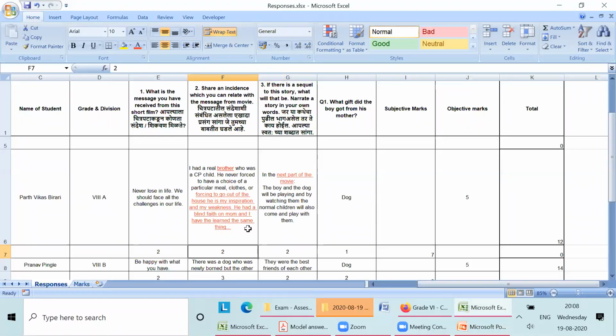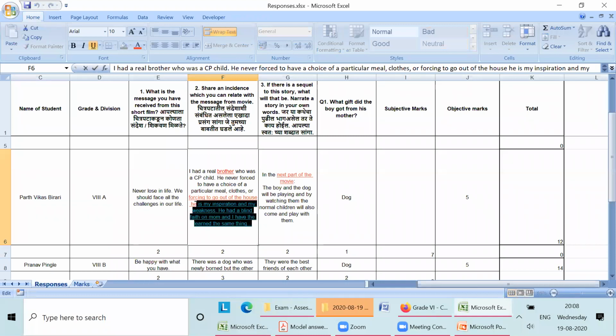Suppose I am the moderator and Anita ma'am has checked the paper, and suppose I think the red part, that question column F part, second one, is right and Anita ma'am has given it wrong. So I'll keep the record with me. I'll give a call to Anita ma'am and talk with her, saying ma'am, I think this is right. And if she and I both agree, I'll remove it and save the file with me. Mostly these things happen only one or two in a paper, not much more than that, I think. Okay, everyone?